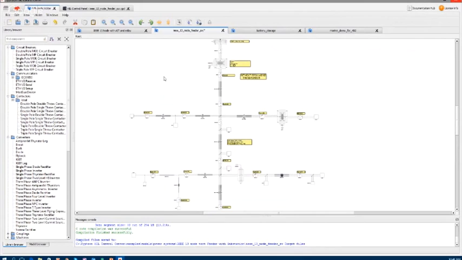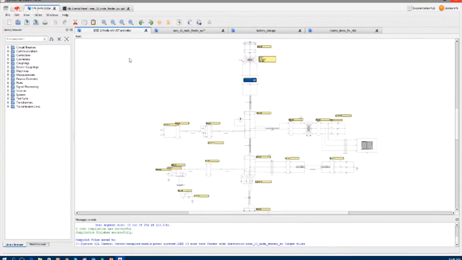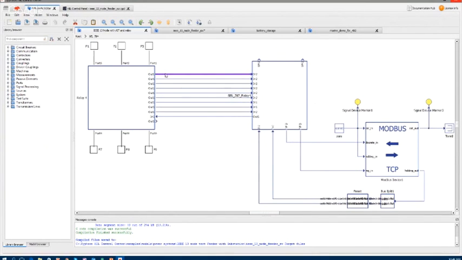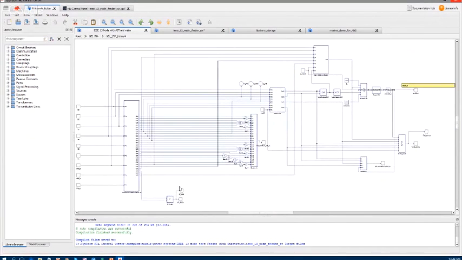And then the level of complexity of the system completely depends on you. Everything can be modeled with small detail if you don't need something specific, or you can go to very detailed models like, let's see, for example, this relay right here, which is modeled right now in our circuit. If you go in the layer beneath, you can see how this relay is implemented with 4 protection functions. Every one of these blocks you can go beneath and you can see how the actual logic of this system is implemented.